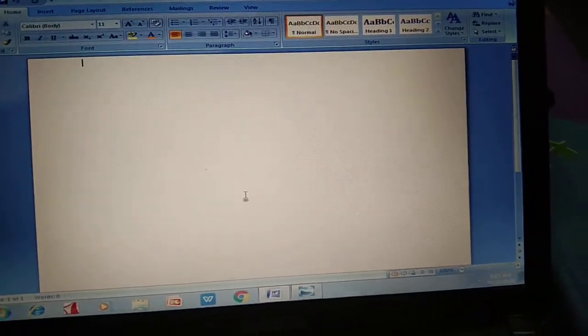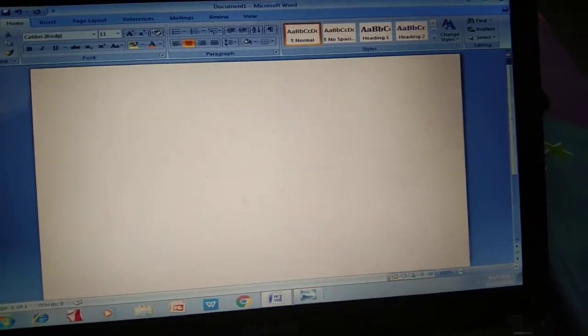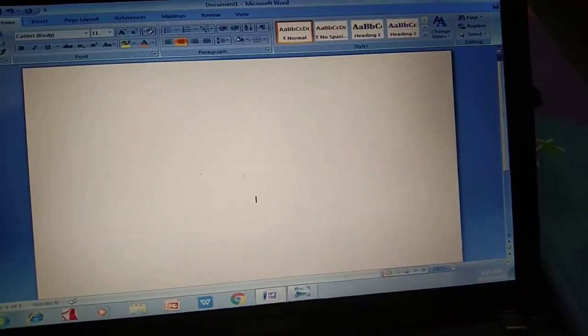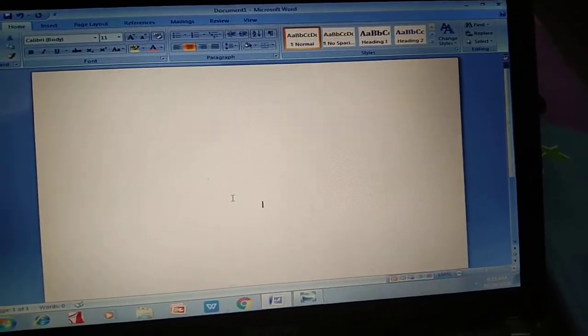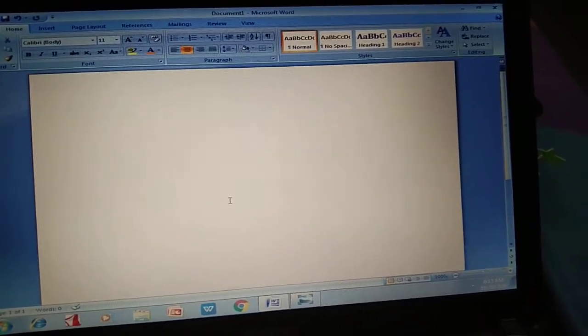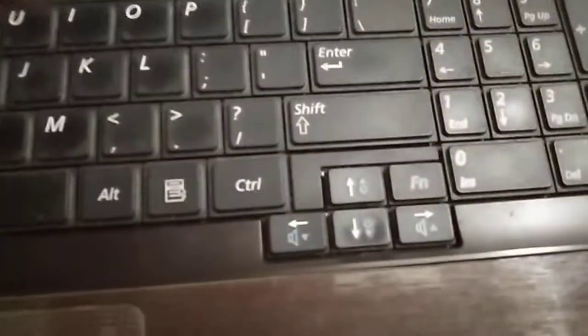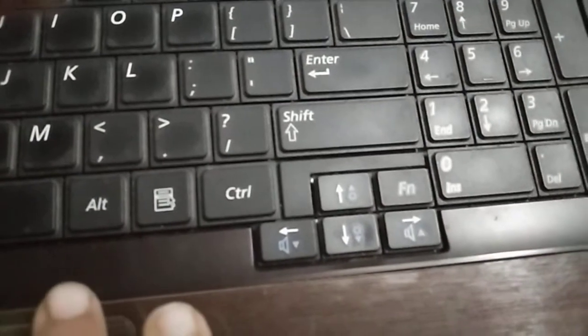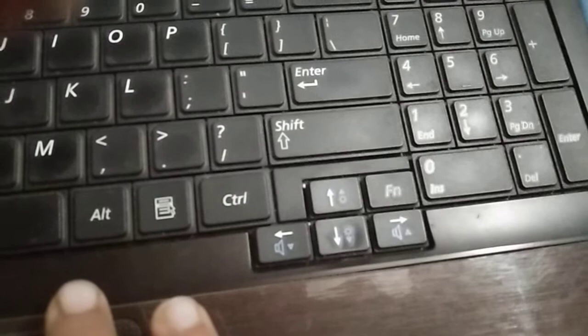The vertical blinking line in the document window is called a cursor. You can move the cursor in a document by using the cursor control keys. There are four arrows, which include left, right, up, and down.